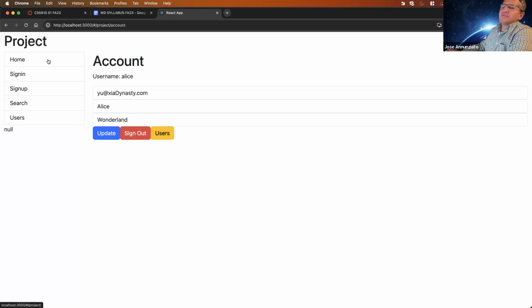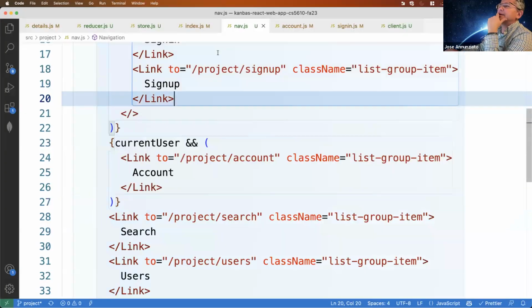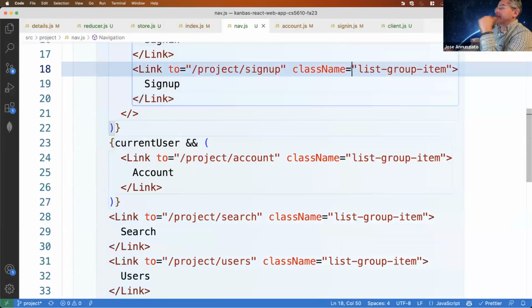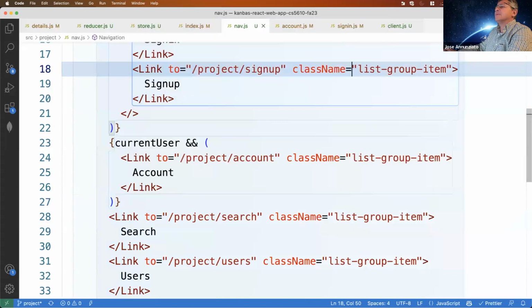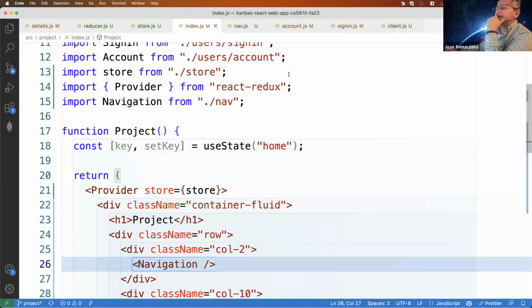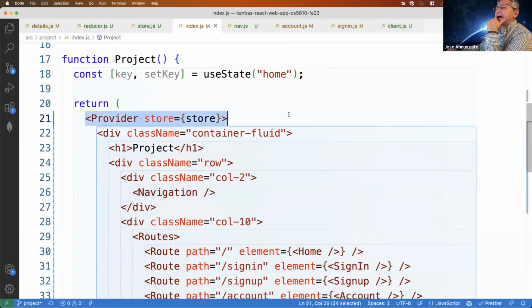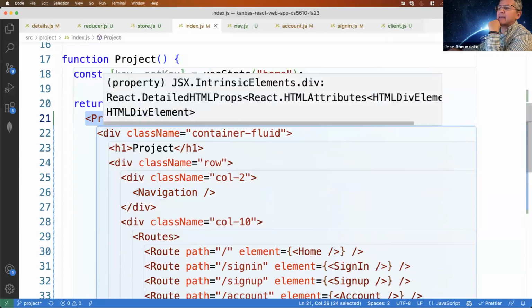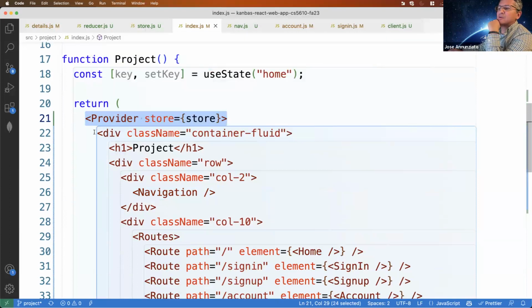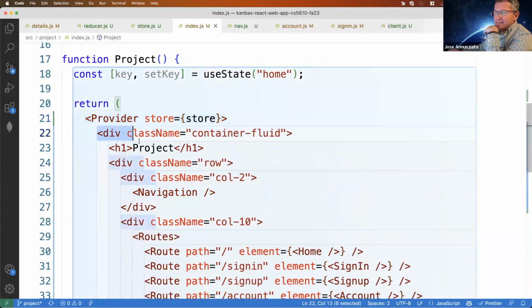So one way to do this is as follows. In the projects here, notice that we've wrapped the whole application with this tag, provider. And so this is a React component that has a body.